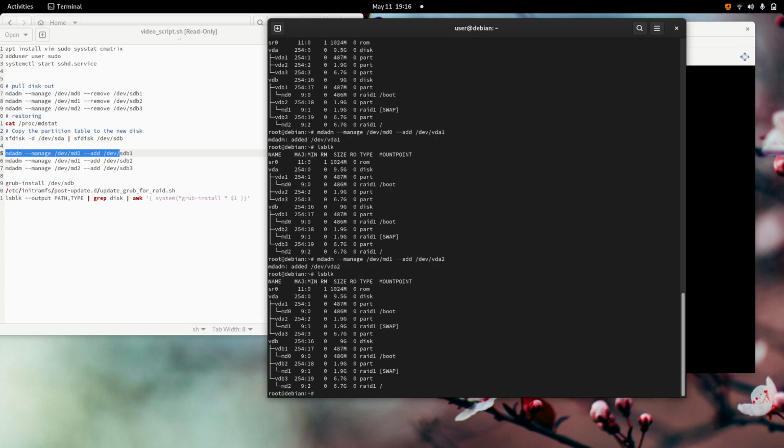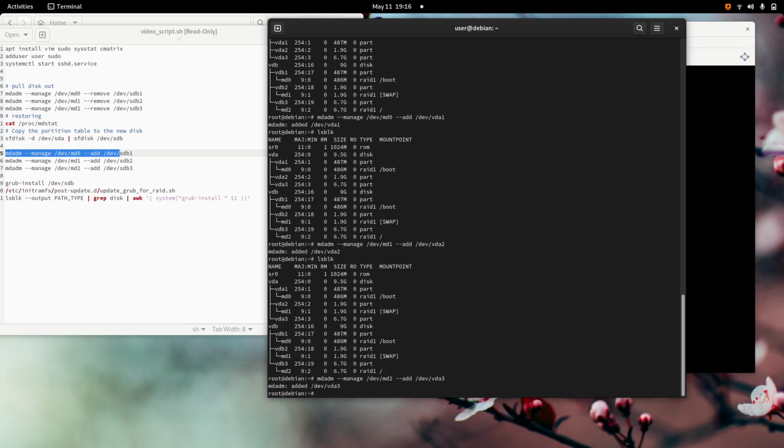And this worked out fine. And the last one, VD83 to MD2, analog to here, and done. And now let's see how the